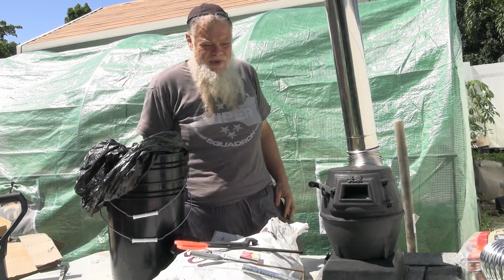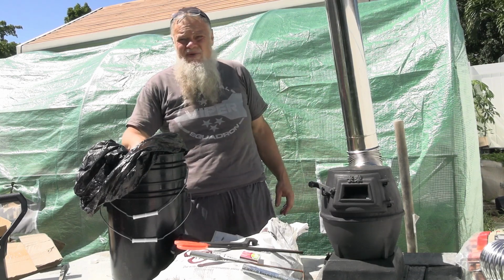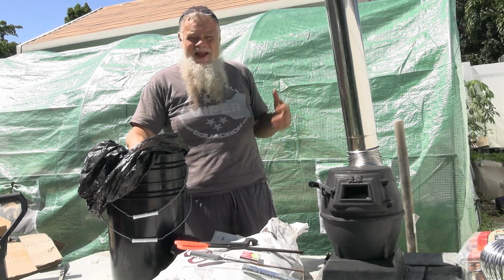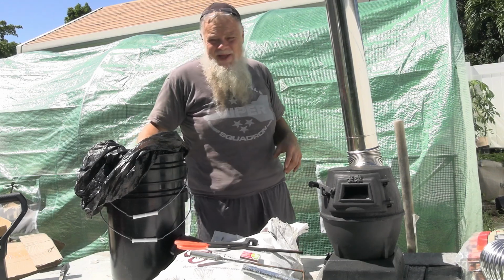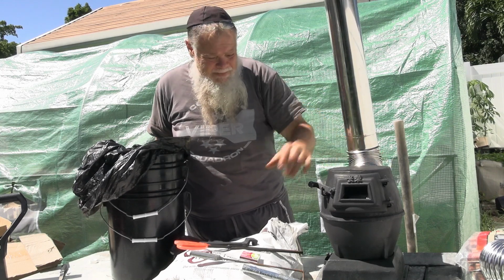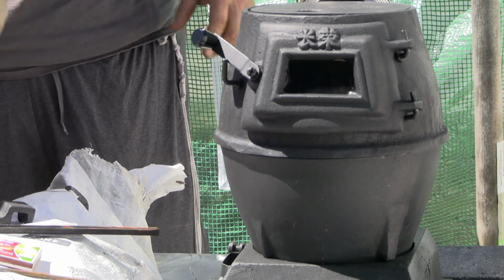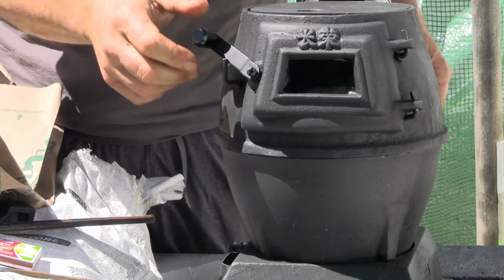Today I am covering something that is going to be relevant to a lot of you soon, not to me. I live in South Florida. I don't need the heat at all. I'm going to have to deal with the heat, but I will not have to heat. And what I found is I found this little coal stove. A lot of you guys heat with wood, and wood is great if you have it on your